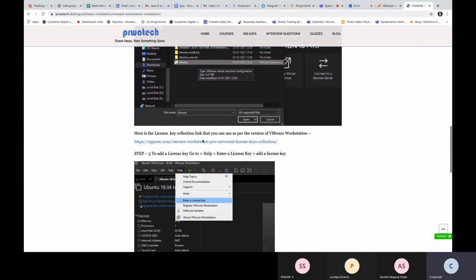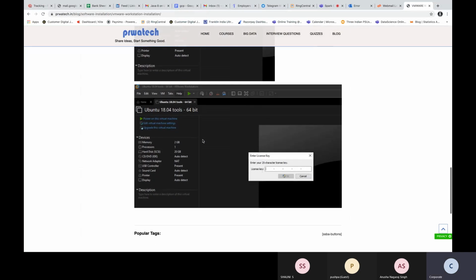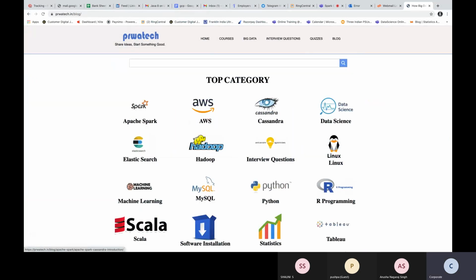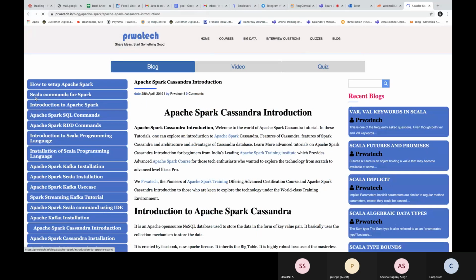Ubuntu, Python. Go to the Spark section. How to set up Spark actually?